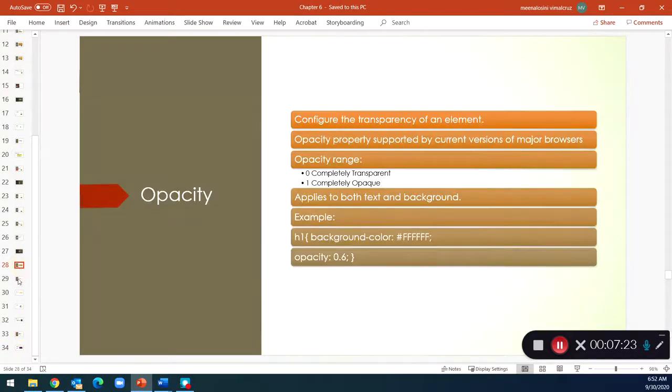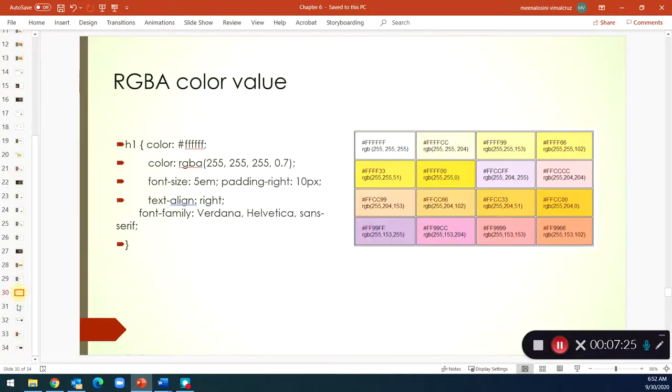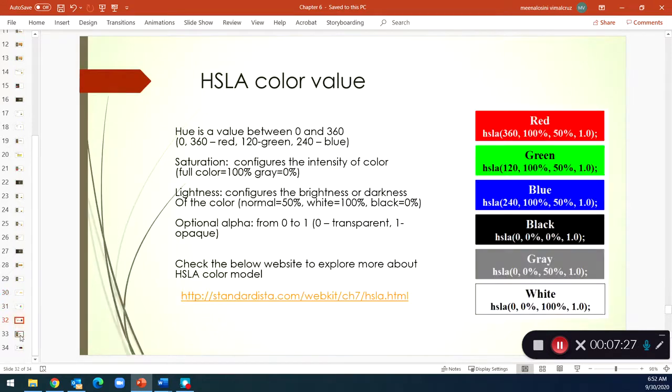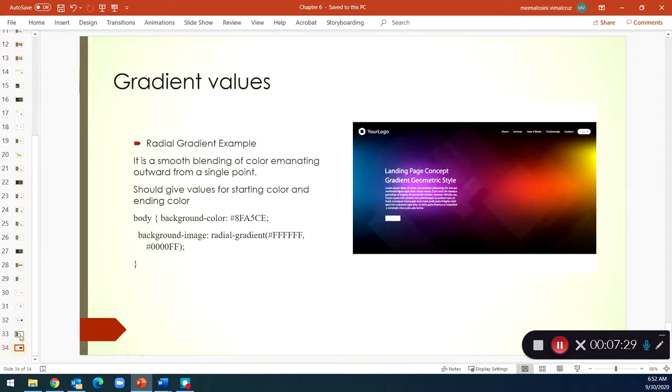In this video we learned how to bring transparency to your image, and also how to bring the gradient effect to your background. In the next lecture, we are going to apply all the concepts that we learned in this chapter on the final project. See you in the next